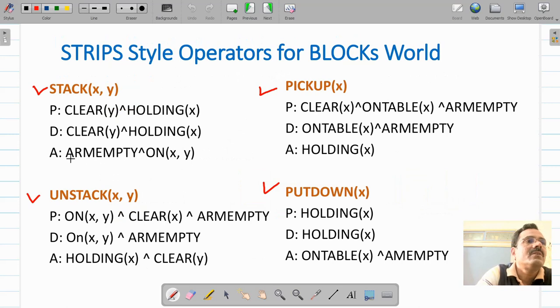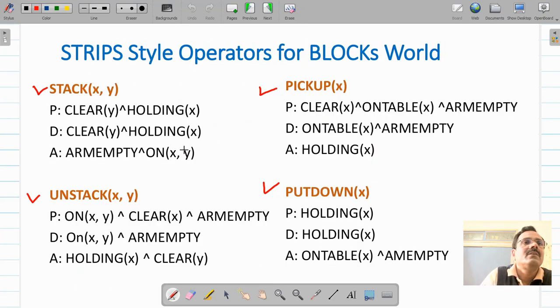You will have to go to the add list and find out where on CA will be true. Stack is one of the operator actions that you can perform. After performing this stack action, you will get on XY true.